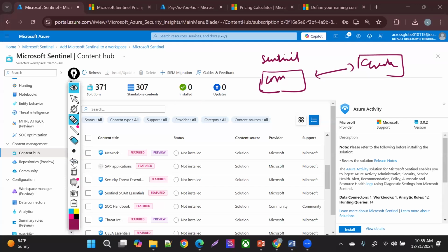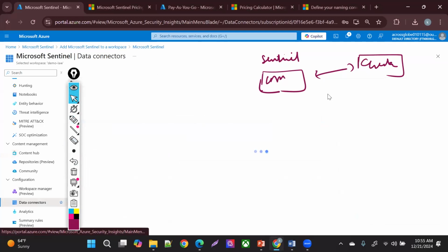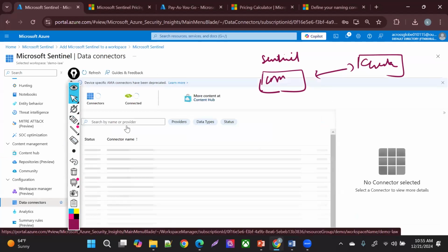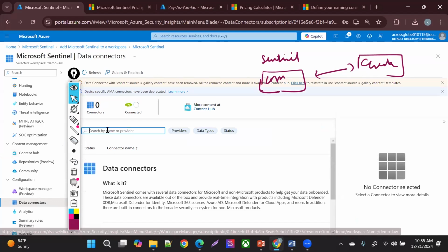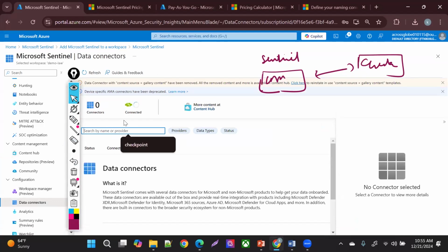Okay, now this is that, right? So if you come to the data connector here, currently no data connector has been connected, nothing is there, right? If I select it here and say the checkpoint is there, or Palo Alto, you'll get it there. I'm saying Checkpoint because I integrated Checkpoint with my Sentinel. So if I say Checkpoint here,